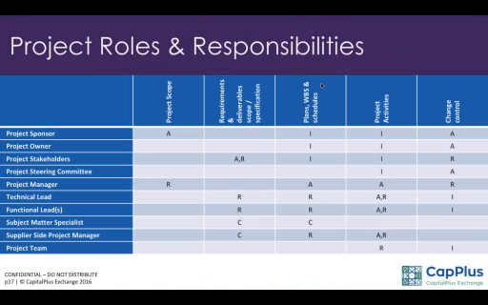So basically what I'm saying is in a lot of projects, everybody looks at the project manager to deliver everything, which is not the case. The project manager is responsible only for two major things, which are the project scope and the change control. The rest is more or less supporting roles, consultations, or even information, right? He or she can be accountable, but as you see, from technical lead to functional leads to subject matter specialist to supplier side project manager to the project team, there are lots of responsibilities that they need to deliver.